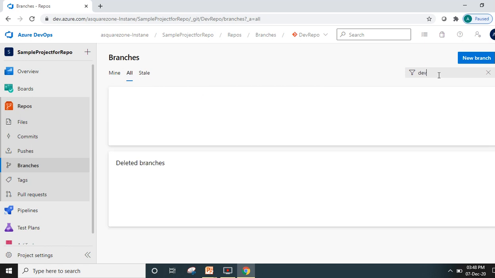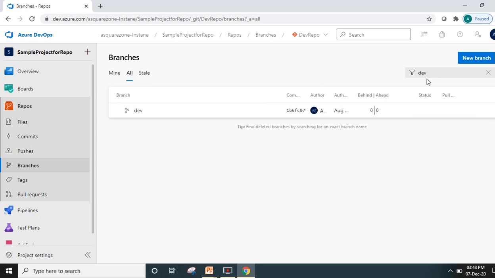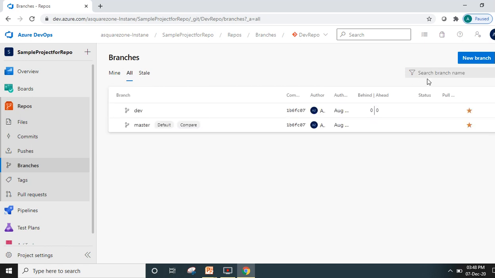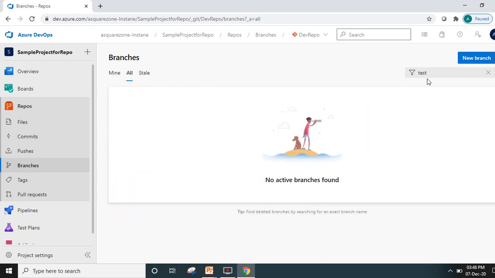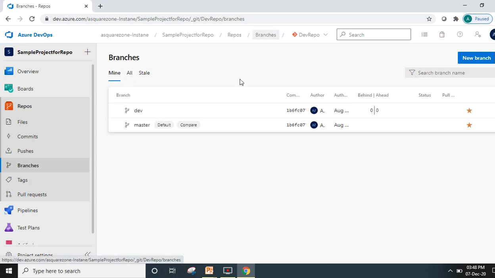As we recently created dev branch, we can select the name. As test is not available, it is showing no branches found. Like this we can create a branch, filter branches, get the pull requests here, and review the branch related things.